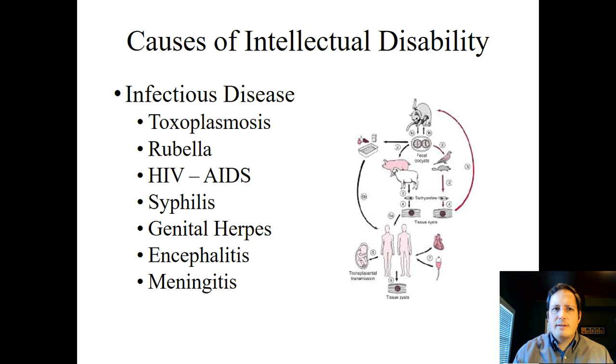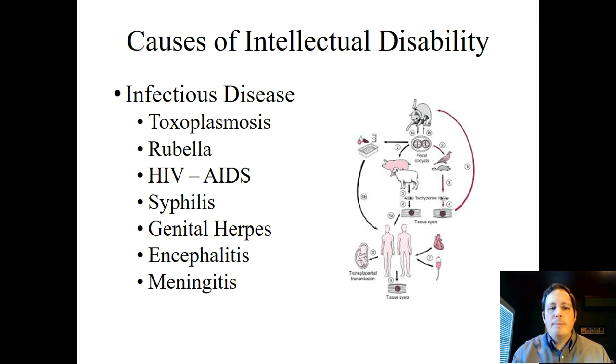The first of those is toxoplasmosis, and the graph there on the right shows some of the possible causes of that. Toxoplasmosis is a protozoan infection contracted from ingesting infected raw meats or, more commonly, contact with infected cat feces. So if individuals, particularly pregnant mothers, have cats, they have to clean out the kitty litter. They may get exposed to toxoplasmosis and therefore get the protozoa, which can damage the developing fetus's brain development, resulting in an intellectual disability.